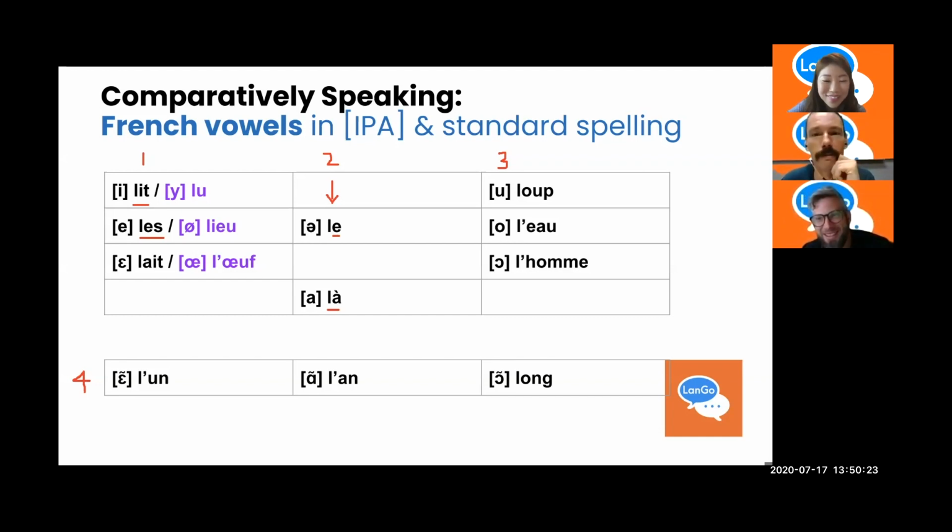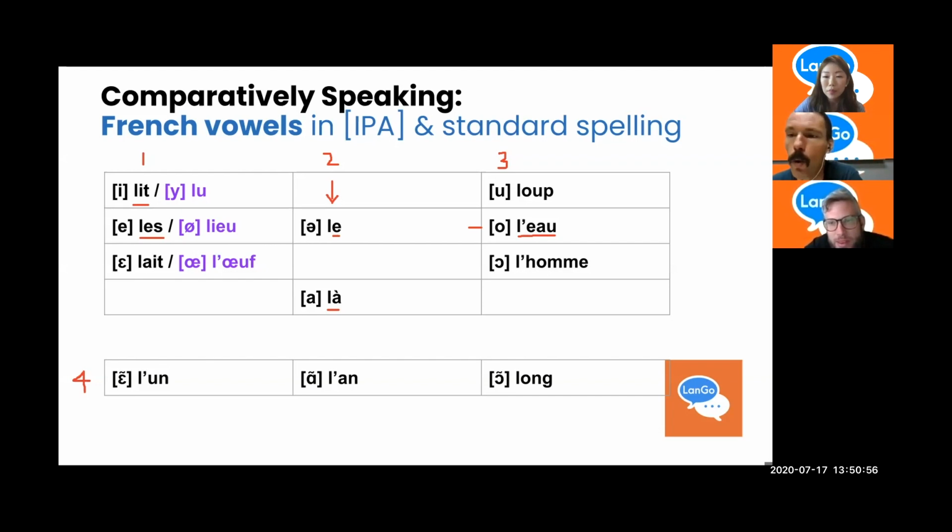Good. On to column 3, the word for wolf, loup. The rule of thumb is a single consonant at the end of a French word will be silent. There's exceptions. Below that, O is a sound heard in l'eau. And Lisa, do you know the meaning for this one? Water? That's it, the water. I'm adding that sound L for the definite article just to keep the frame constant. Got rid of the G. And here I have to add an M sound to get a word. L'homme means the man.